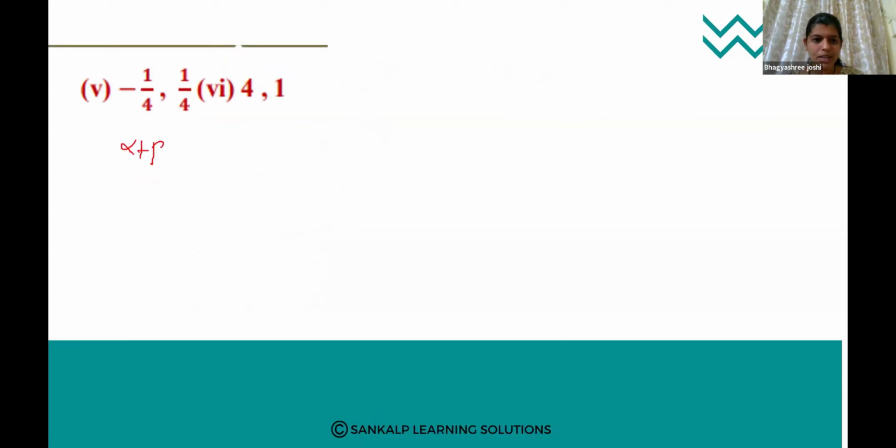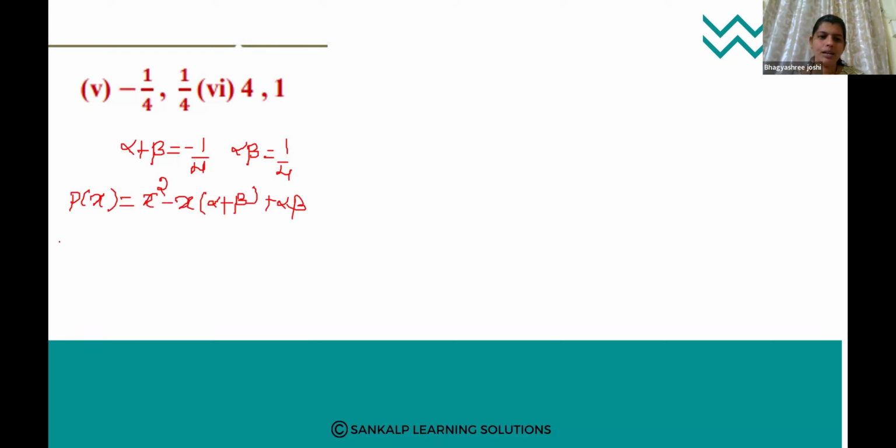So alpha plus beta value is minus 1 by 4. Alpha into beta value is 1 by 4. What is our expression? P of x equal to x square minus x into alpha plus beta plus alpha into beta. When do we use this? When we know the value of alpha plus beta and alpha into beta, right? So x square minus x into alpha plus beta value is minus 1 by 4 plus alpha into beta value